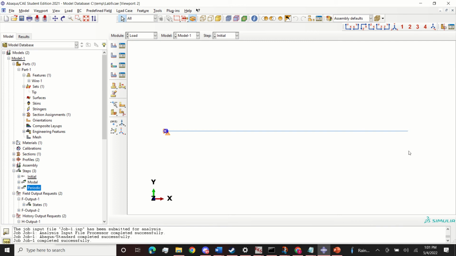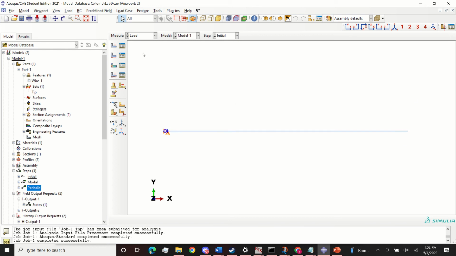At time 1, I want it here. At time 2, I want it here, which is good for moving it. But if you want to move it at a range of frequencies, that would be really hard to input as a time history. So this modal dynamic analysis allows you to displace it at a specific frequency